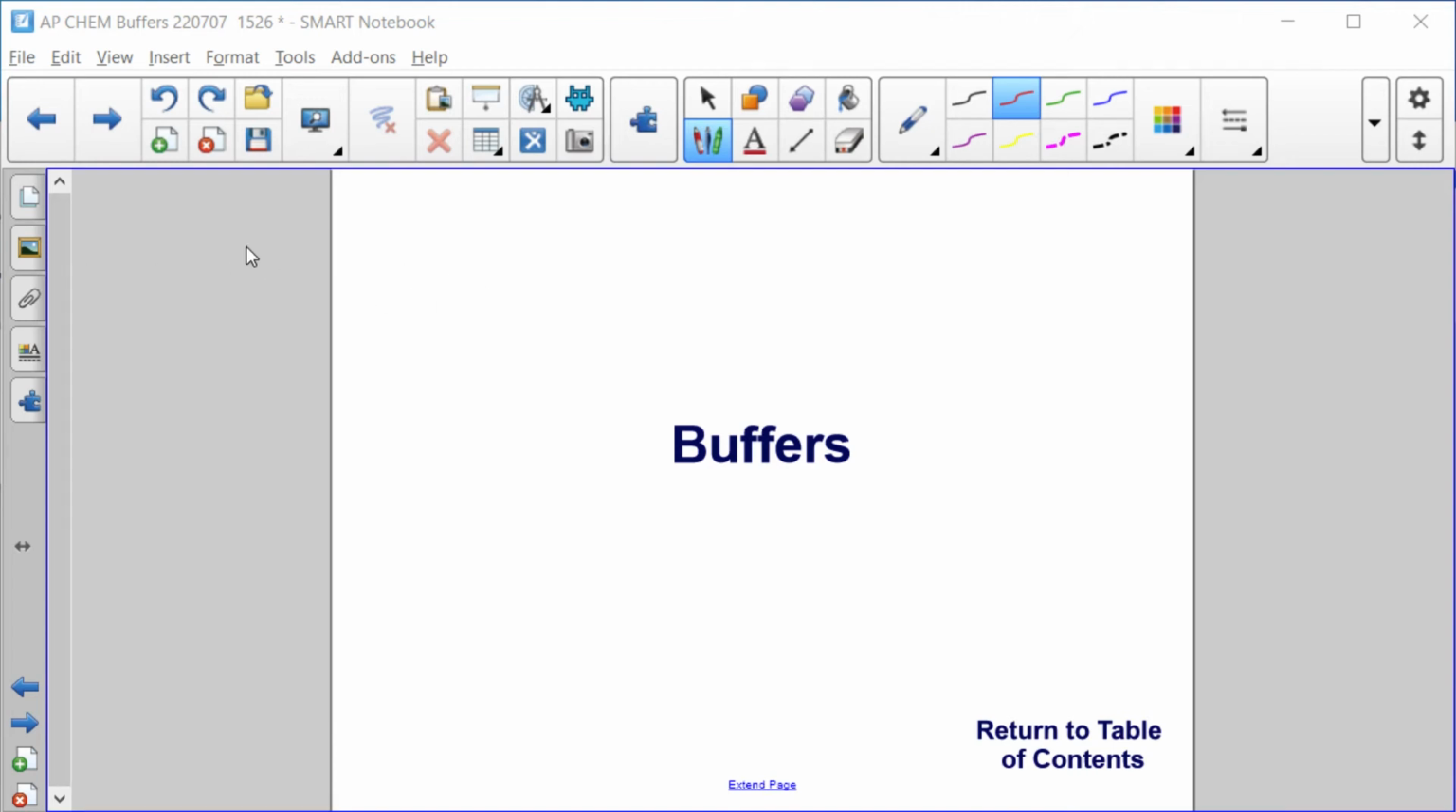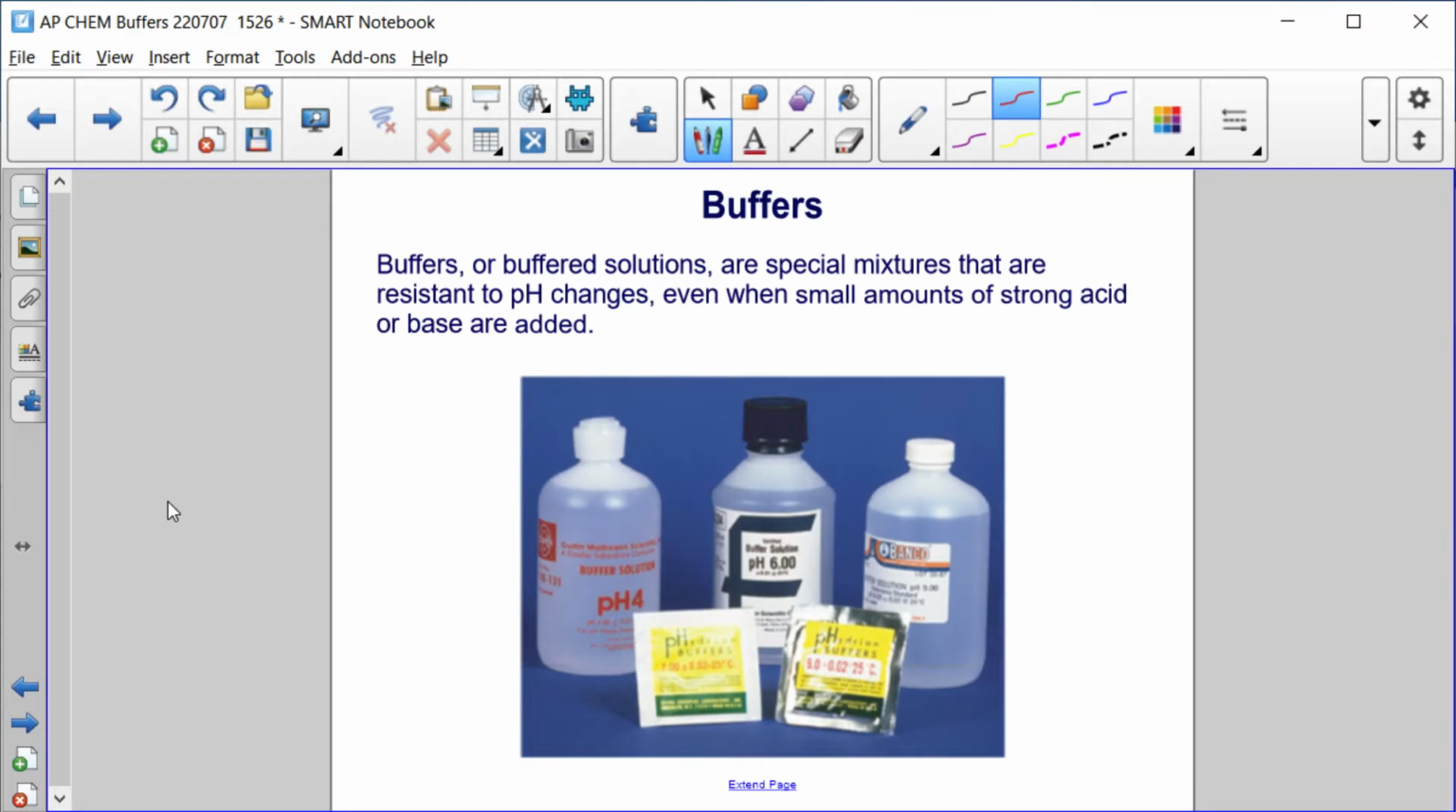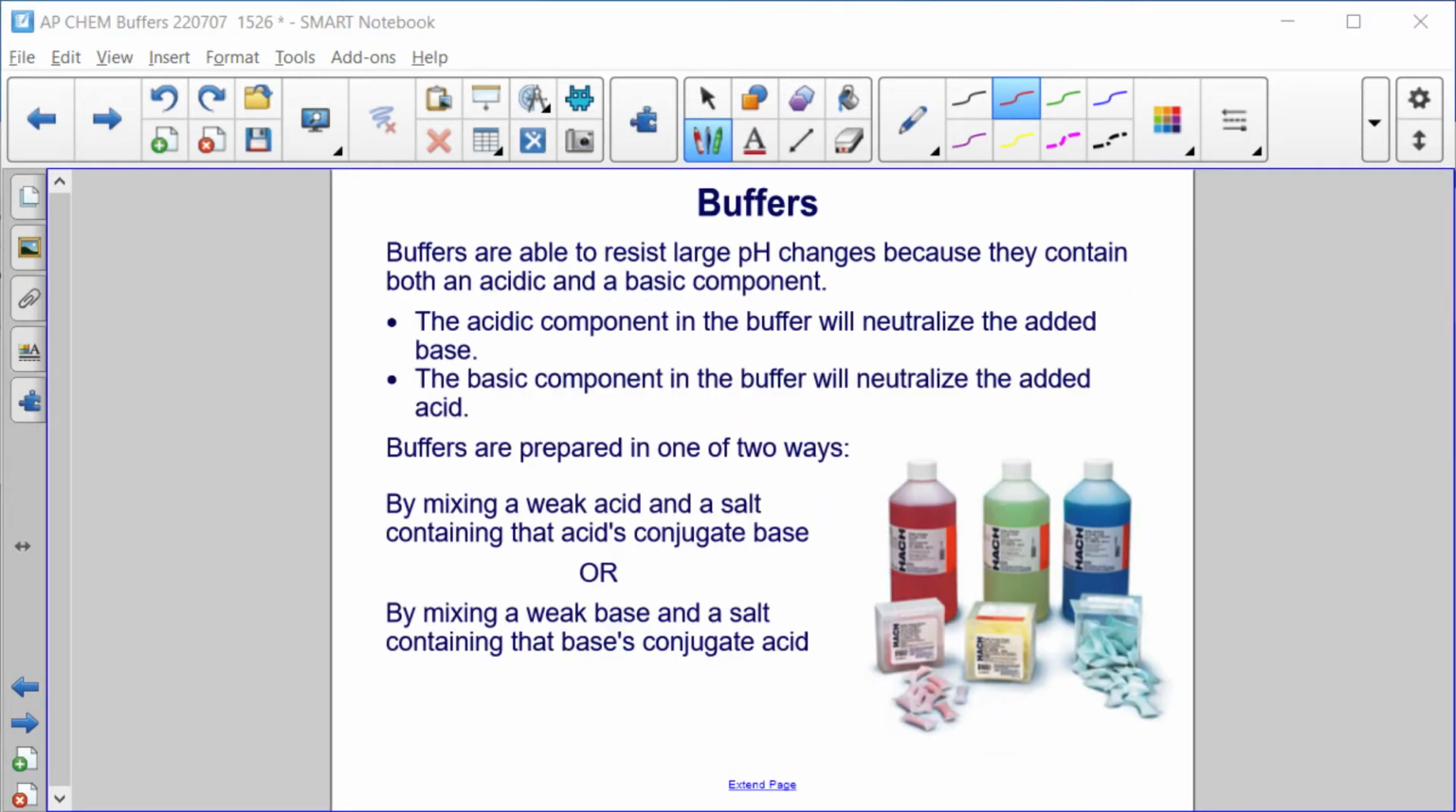All right, in this section, we are going to talk about buffers. Buffers or buffered solutions are special mixtures that are resistant to pH changes, even when small amounts of a strong acid or base are added. Buffers are able to resist large pH changes because they contain both an acidic and a basic component. The acidic component in the buffer will neutralize any added base, and the basic component in the buffer will neutralize